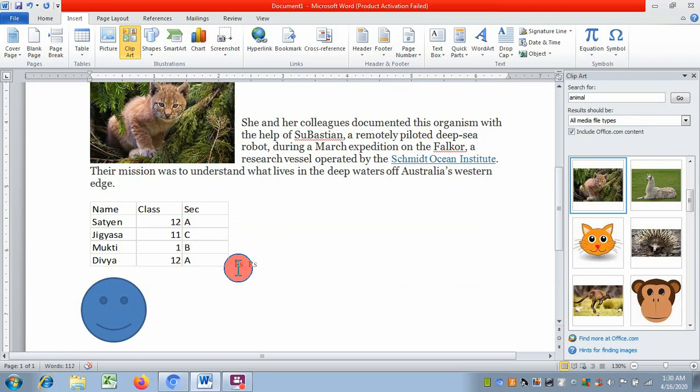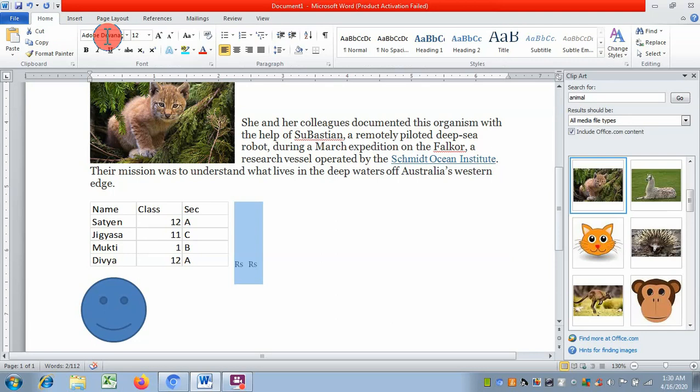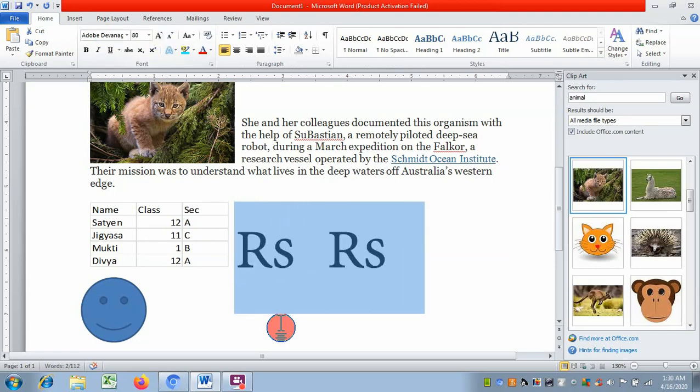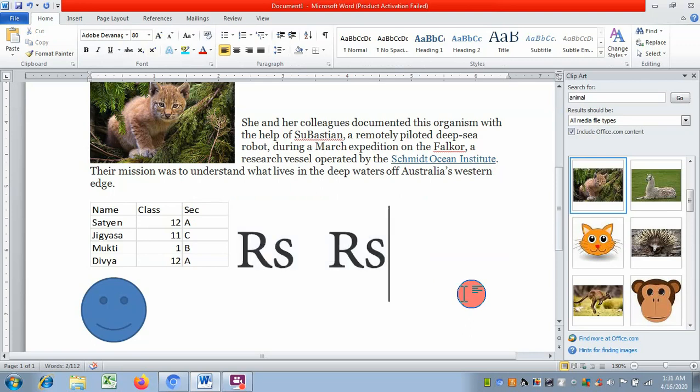Now just change the font size. Go to home and change the font size. You can see very clearly. So this kind of symbols can be inserted, and we can also insert special characters. If we need to insert a special character, it is also there.